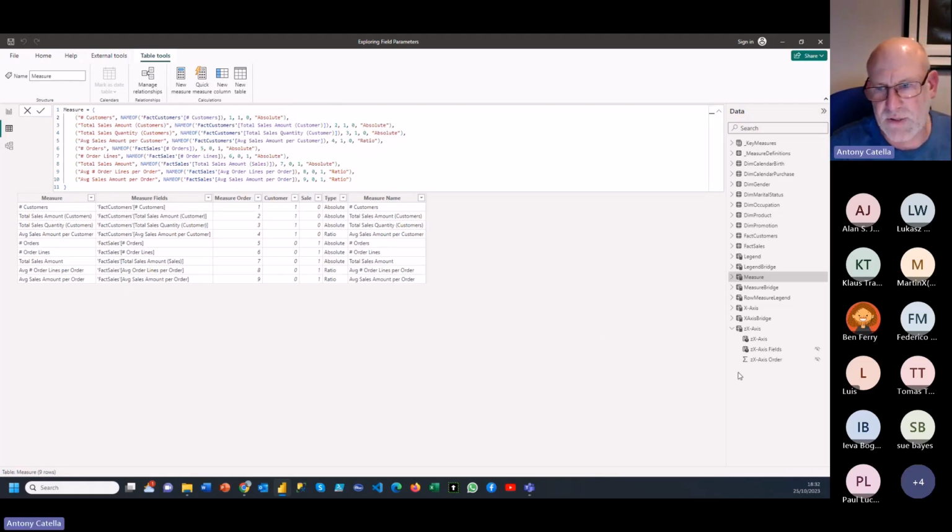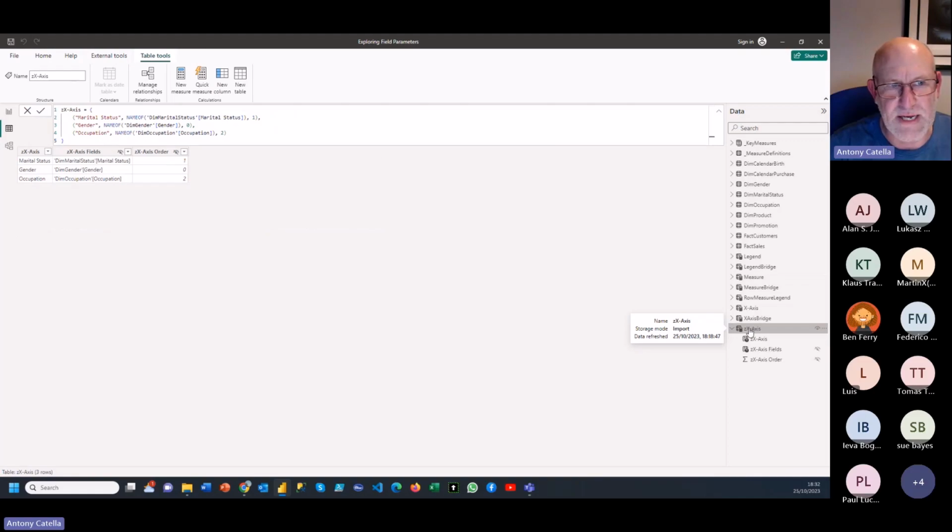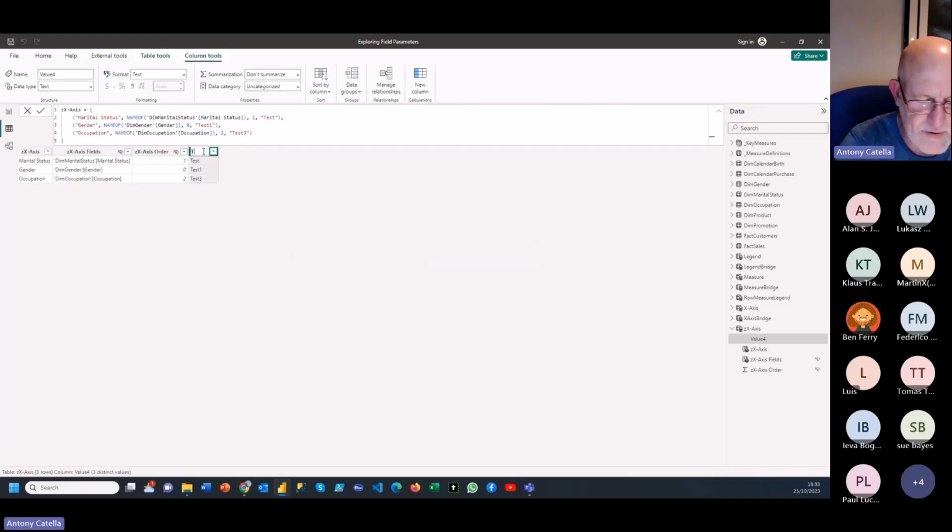So if I go back to the very basic one that I created earlier, on this particular one I'm going to call it, for example, test, and I'm going to create another one called test 1, and we'll create a third one. So we're basically categorizing these particular measures. And like I said, as you apply it, it'll create a third column, and I can just go in and change it to whatever you feel is appropriate